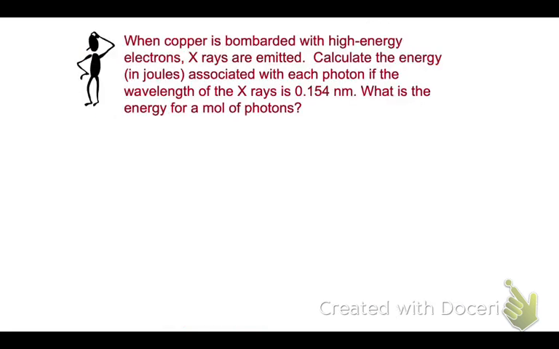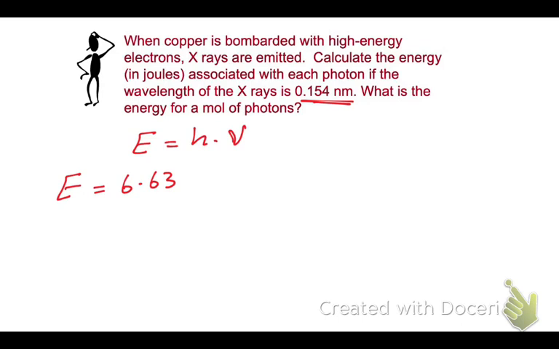Let's look at this question together. When copper is bombarded with high energy electrons, X-rays are emitted. Calculate the energy in joules associated with each photon if the wavelength of the X-ray is 0.154 nanometer. What is the energy for a mole of photons? So they want the energy, and energy equals Planck constant times frequency. However, they gave me wavelength. So the way I'm going to calculate that, I'm going to put the Planck constant, which is